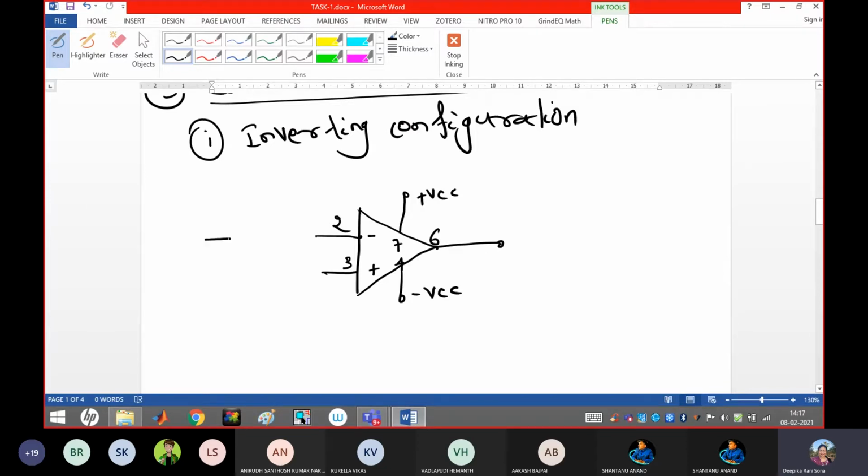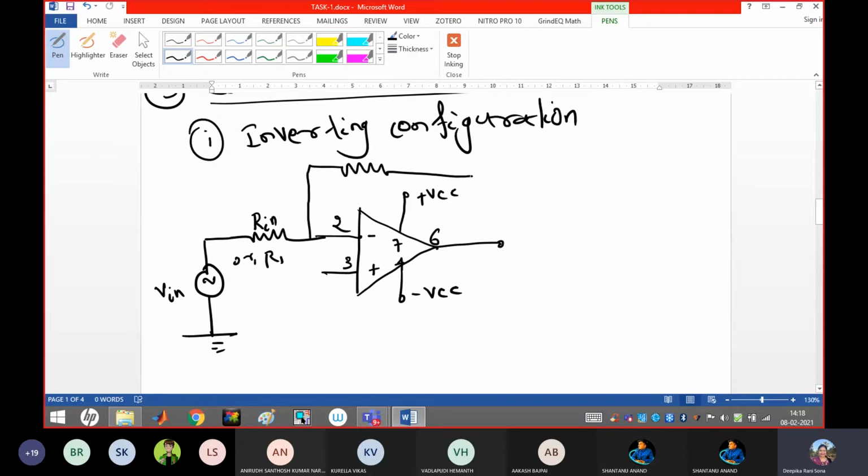What we have to do is use the input connection for the inverting input terminal, and the other one will be grounded. This is V in and this is R in or R1, and this is our feedback resistor RF. It should be connected in this manner, and this end is grounded.